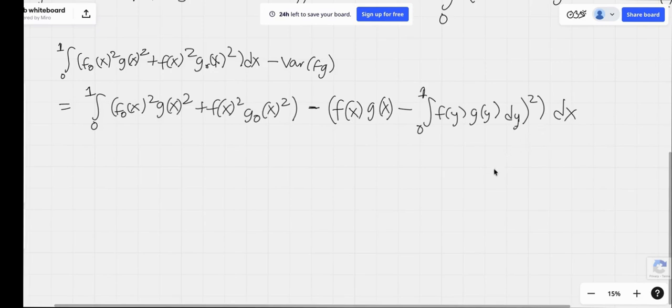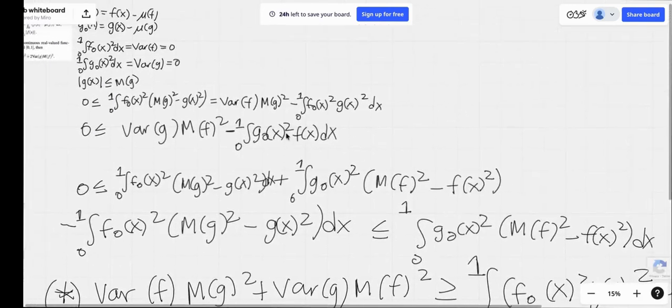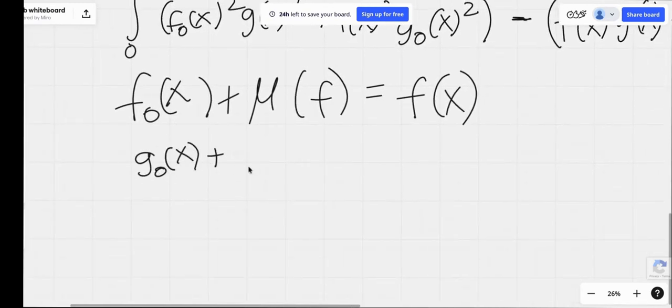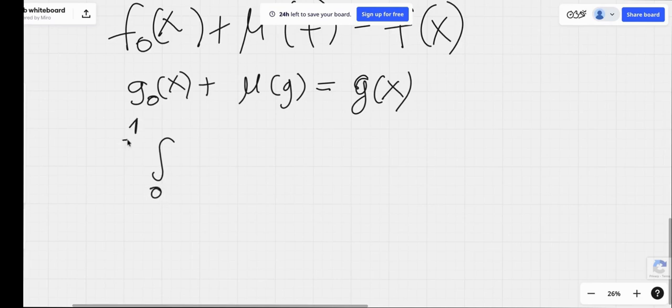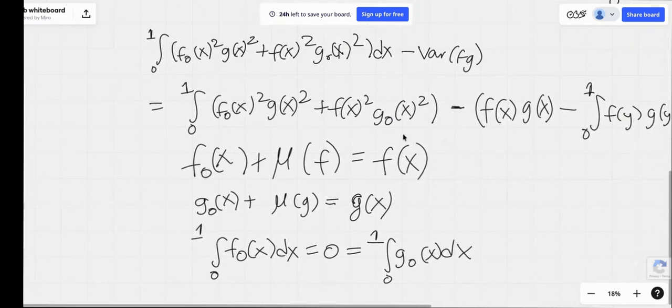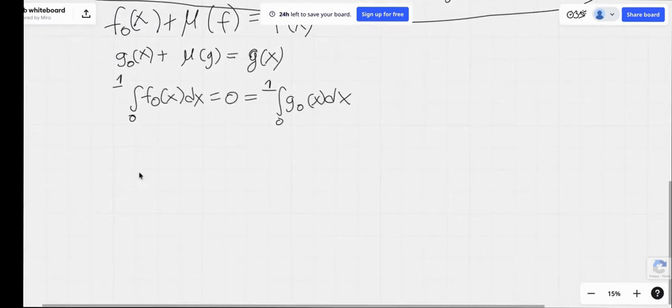Now that we have this, let's move on. If we substitute the fact that f naught of x plus mu of f equals f of x, which is just coming from our definitions of f naught and f, and also the fact that g naught of x plus mu of g equals g of x, and one other thing, we should note that the integrals from 0 to 1 of f naught of x and g naught of x are both 0, then we can expand and simplify the right hand side of this equation, the one I'm circling right now, to obtain that this integral